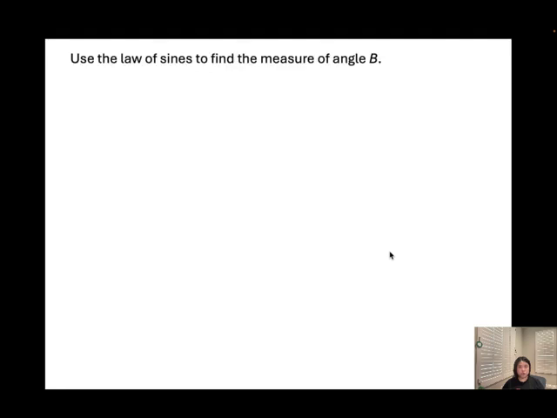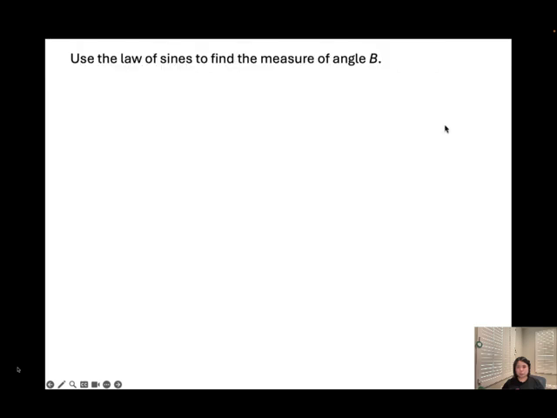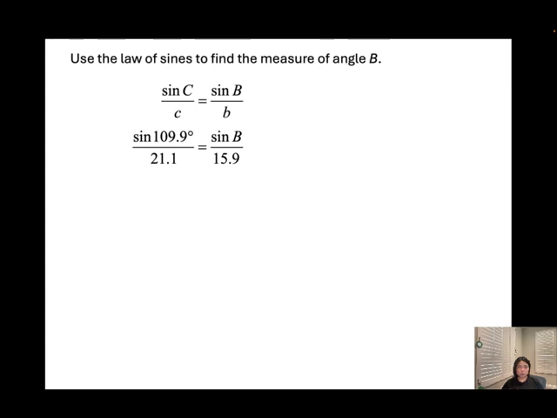Okay, now we're gonna use the law of sines to find the measure of angle B. And again, we want to find the angle B because we know angle B will be the intermediate angle. It won't be the obtuse. Now, we want to use the law of sines to find the measure of the angle B. Plug in all those numbers. Simplify it. You should get sine B equal to